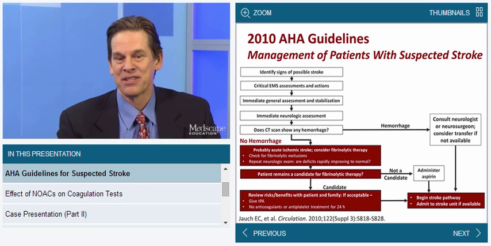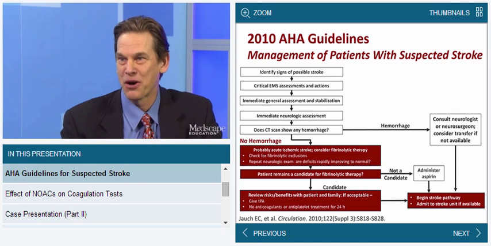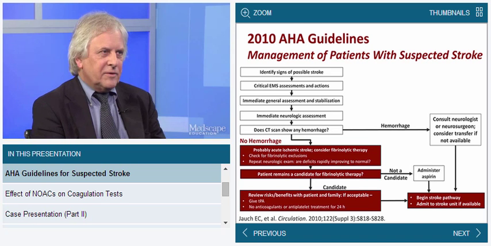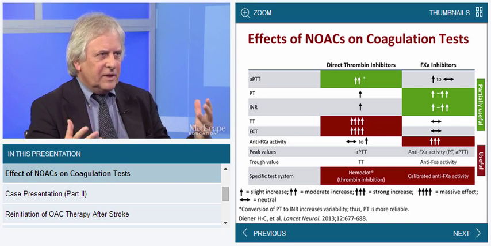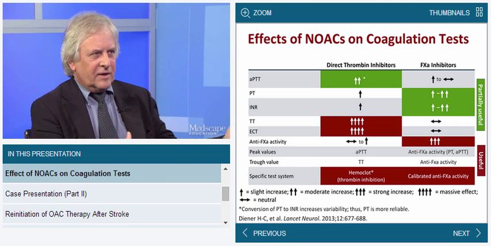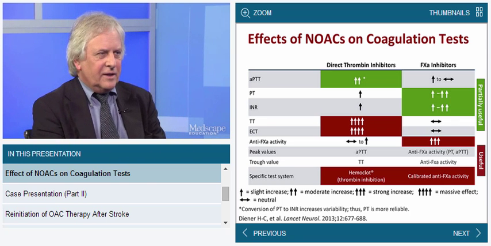Right. So we've been told that he's on an anticoagulant. We don't quite know which one it is. How are you going to decide what he's taking and whether it's safe to give him TPA? Well, there are two options. He could be on warfarin, and in this case we would need to do the INR to see whether he is anticoagulated or not, or he could be on one of the non-vitamin K oral antagonists. So it's either dabigatran, a thrombin inhibitor, or it's one of the 10A inhibitors.